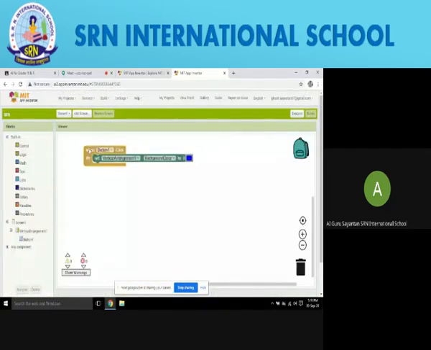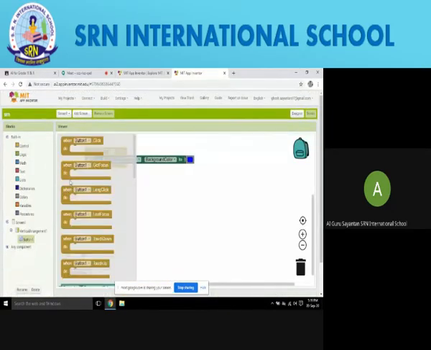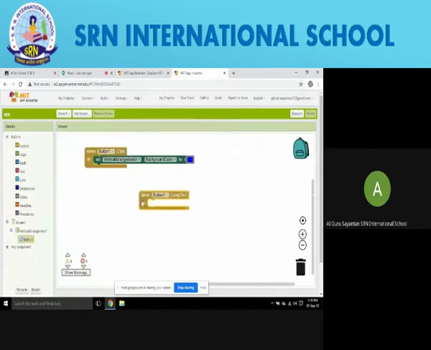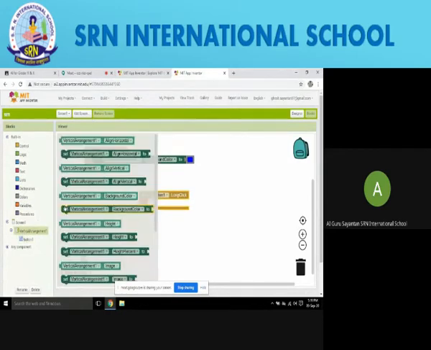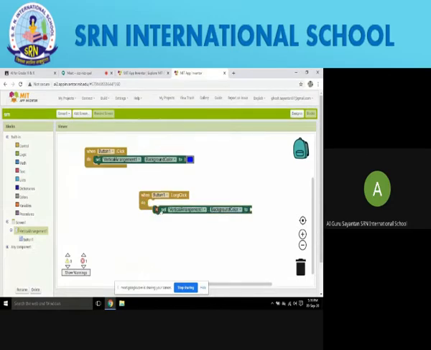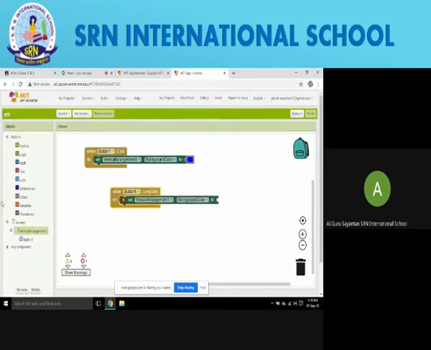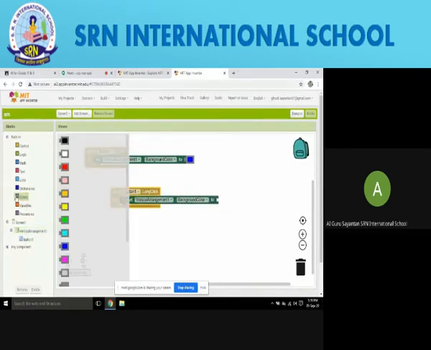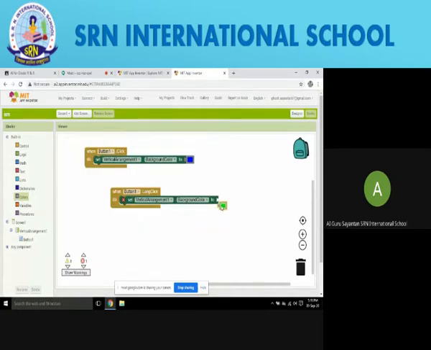Okay. Similarly, if we long click this Button 1, what will happen? Let's say set vertical arrangement, because it's the layout on which the application is standing, background color, let's change the color to, let's say, green. So with a single click, the background will turn blue. With a long click, the background will turn green.